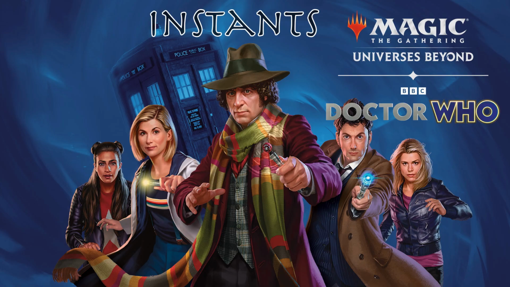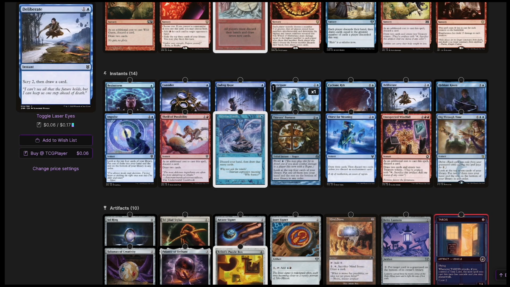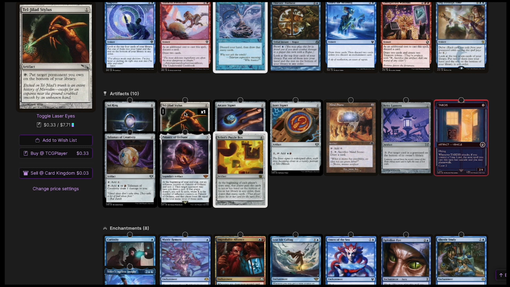Instants are pretty much what you would expect, things that just manipulate, like Brainstorm, Consider, Anticipate. Those things all help us manipulate our library a little bit so that we are able to shift stuff around and get stuff on the bottom as we want. Artifacts, we've got a couple that are really key, like Tel-Jilad Stylus, which helps us to put a permanent